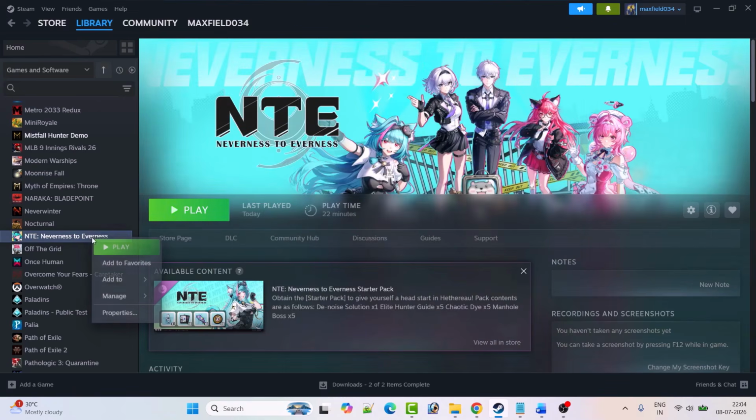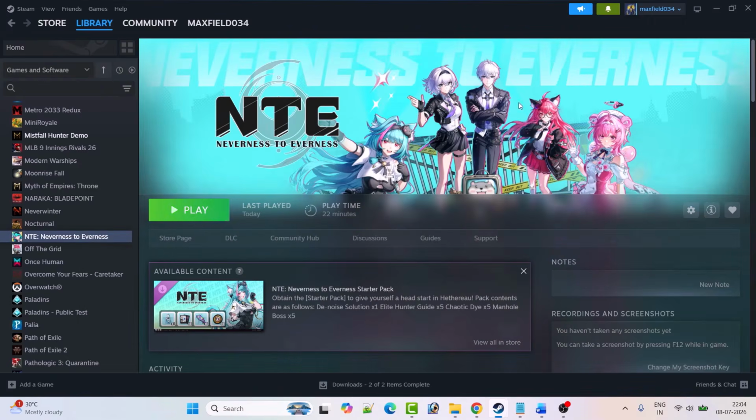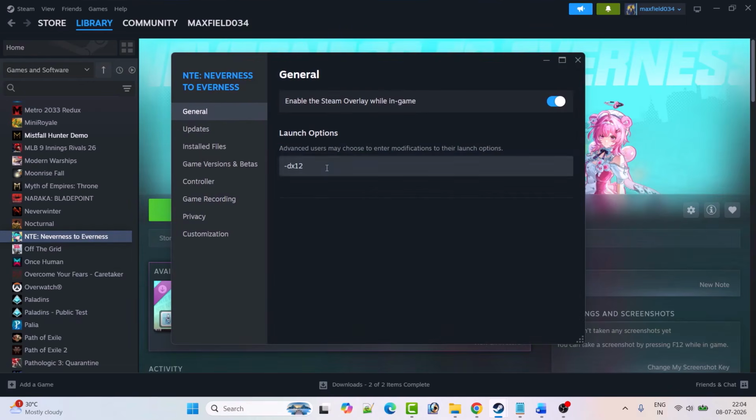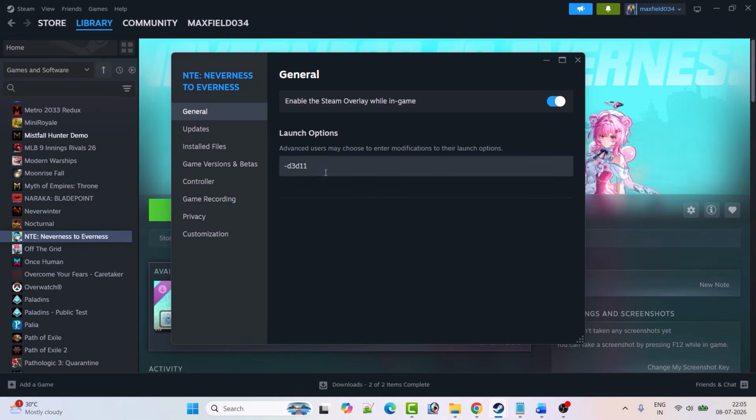If that doesn't work, then again go to the game properties. This time type -dx12, close the tab, launch the game and check. If it's still not working, again go to the game properties. This time type -d3d11, close the tab, launch the game and check. If it's still not working, again go to the game properties, remove the launch options and then follow other fixes